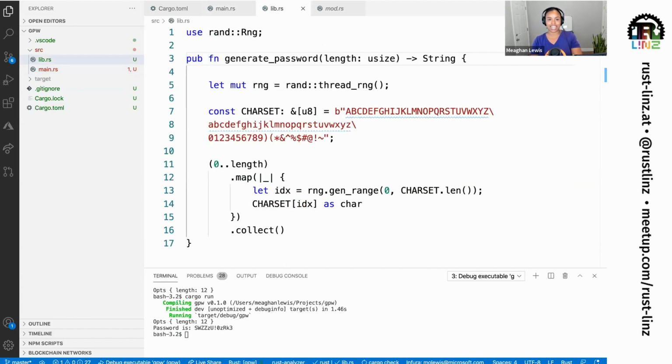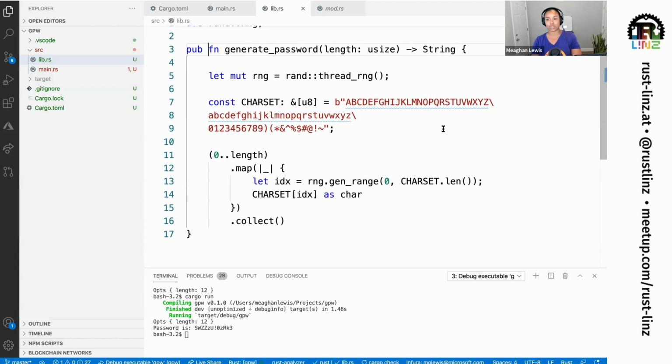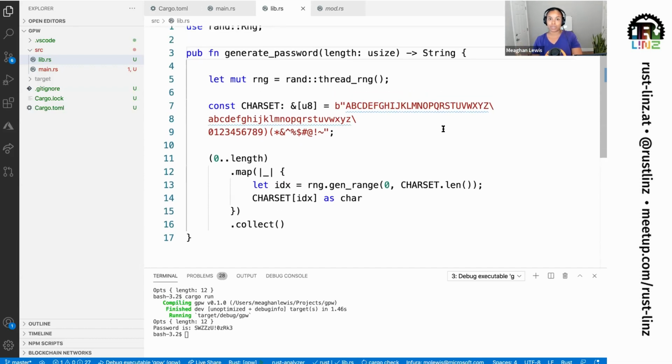Next, let's go ahead and finally start writing some unit tests. The purpose of a unit test is really going to be to test each unit of code in isolation from the rest of the code. So typically what you want to do is test each one of your functions. We only have one function, so this should be pretty seamless. And you want to test to make sure that you're getting the right output. You want to test the happy path scenarios, which is just going to be the quickest case, like confirming that this function executes as expected.